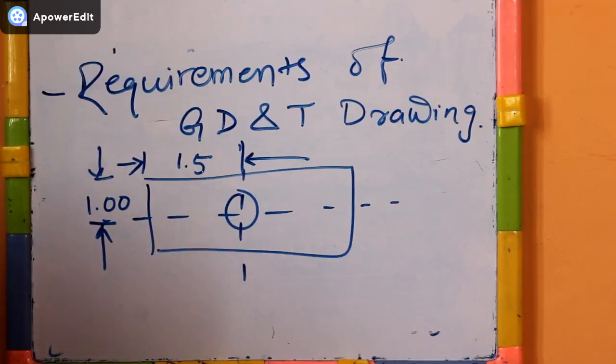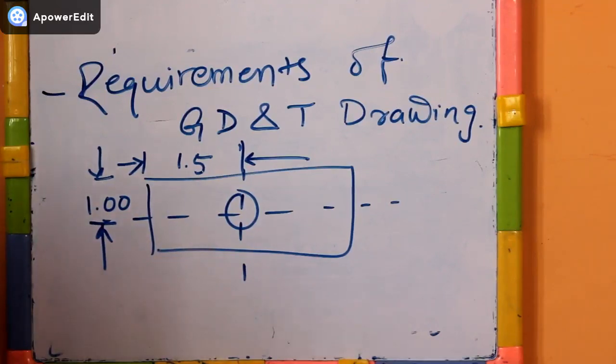So that we can consider as missing data right now. That tolerance is not attached to the basic dimension as would be done with plus and minus tolerancing dimensions. Rather, the tolerance is shown as applying to the feature being controlled. Each controlled feature associated with the basic dimension is given a feature control frame to show the tolerance. So we require the feature control frame for this particular component. The tolerance that appears in the feature control frame is the allowed deviation from the perfect size or location.